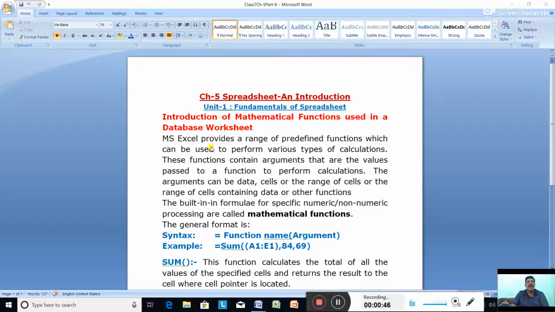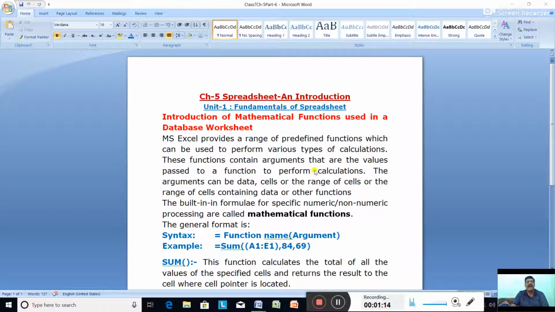See, MS Excel provides a range of predefined functions which can be used to perform various types of calculation. We can find the sum, the average, the percentage, addition, subtraction, multiplication, division. These functions contain arguments that are the values passed to a function to perform the calculations.